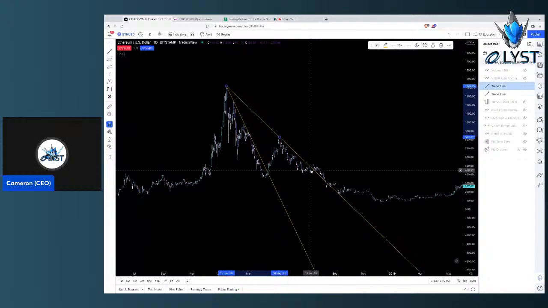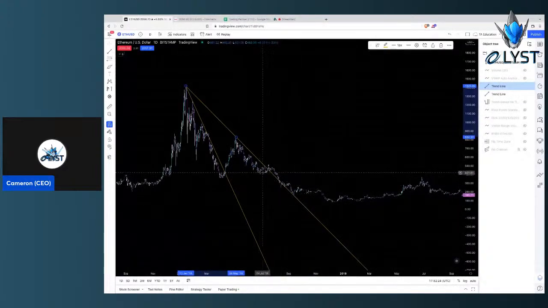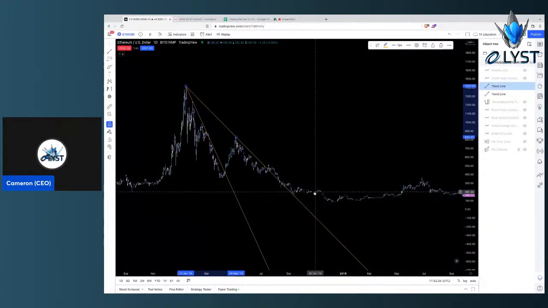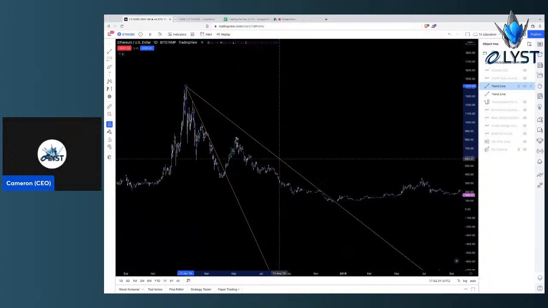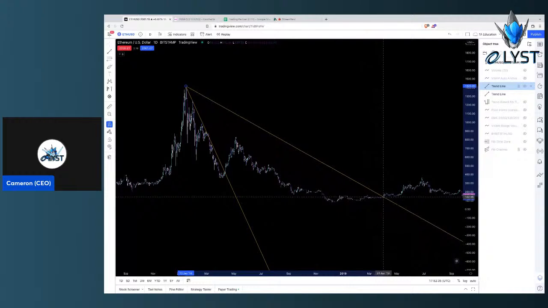So we have this trend line. We tried to go above it, lost it, consolidate up, right? And this is kind of cool, right? This is where we break, and yes, it's still down. It is still down from here, but you can see it starts to really flatten out, right? And then it does flatten out,